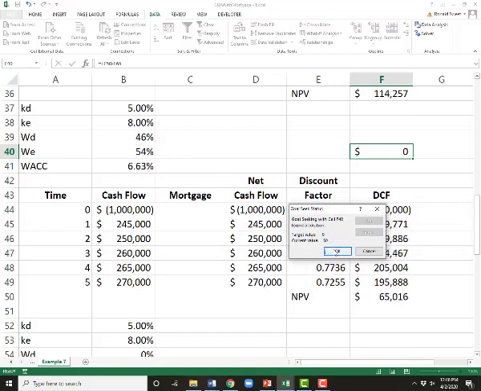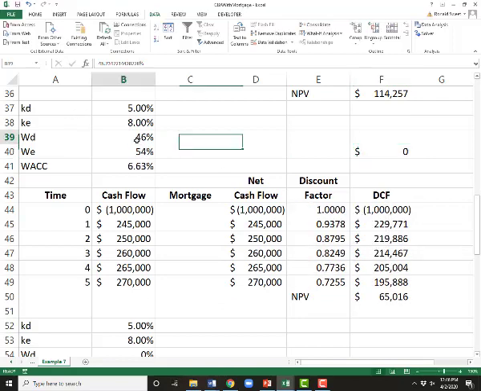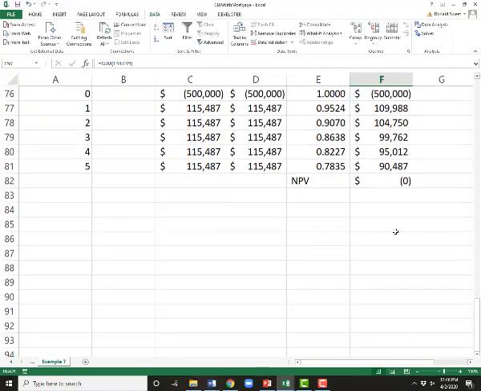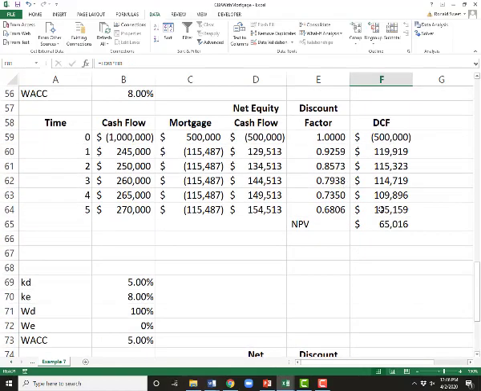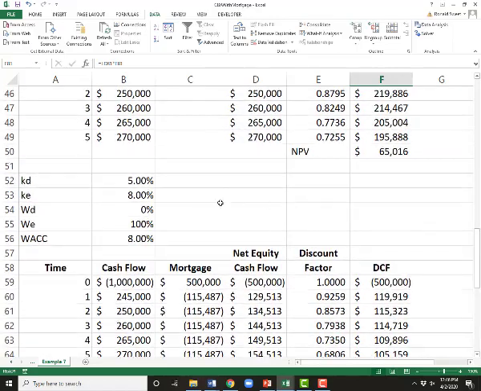Let's see, there it goes. So you can see because my weight of debt actually declines over the loan, my weight of debt averages out as 46% versus 54%. And when we have the correct weight for debt, we actually get the same net present value for both. However,